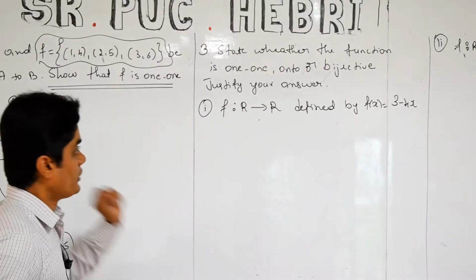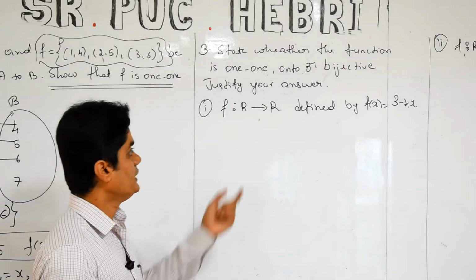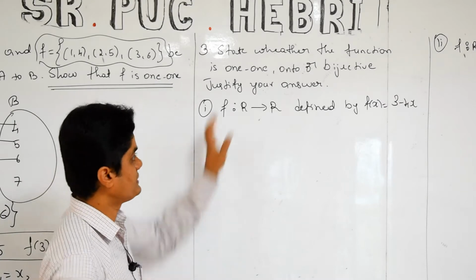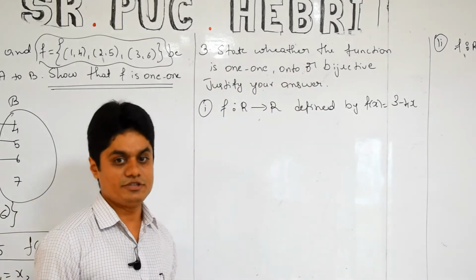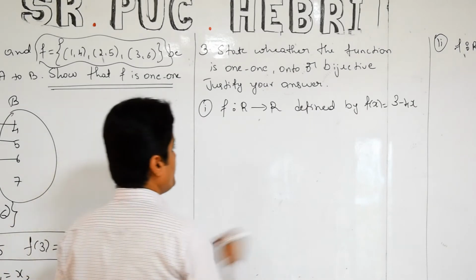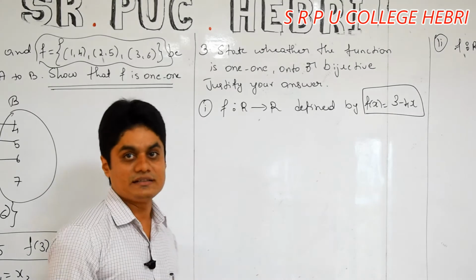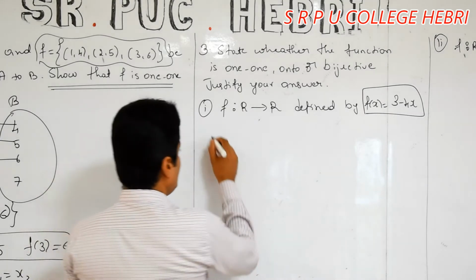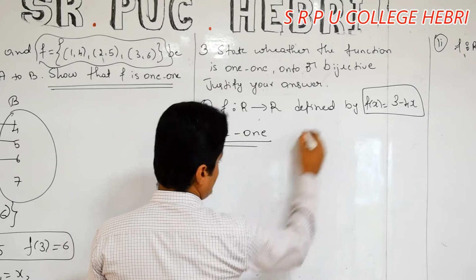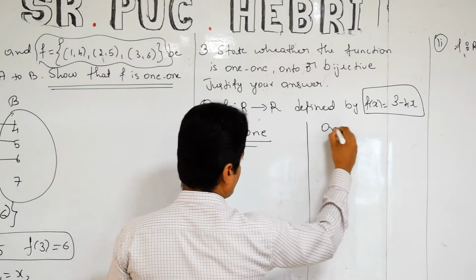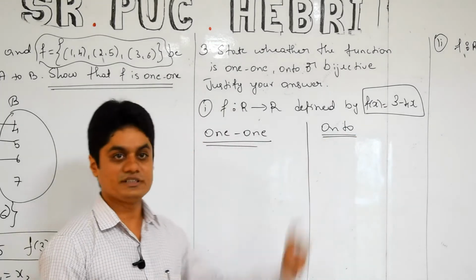I hope you understood the first two problems. Okay, fine. The third question; the next two questions are important. We have to check whether the function is one-one, onto or bijective. So three cases we have to check. The function is f of x is equal to 3 minus 4x, and the domain is R, the codomain is also R. If you verify these two cases, the third case is free for you, because you can answer the third question using these two cases.